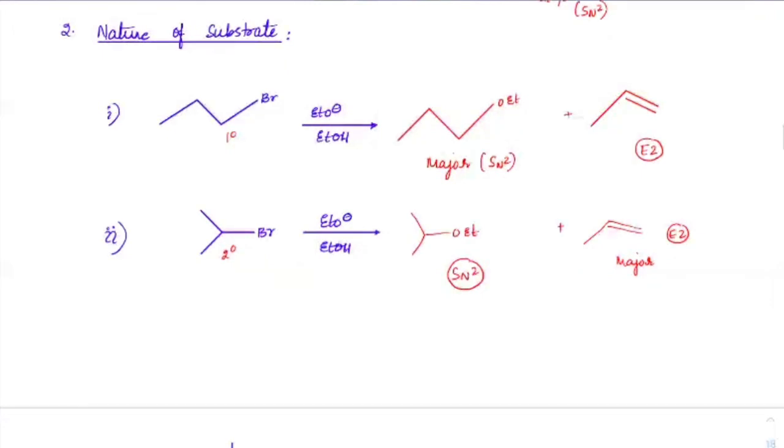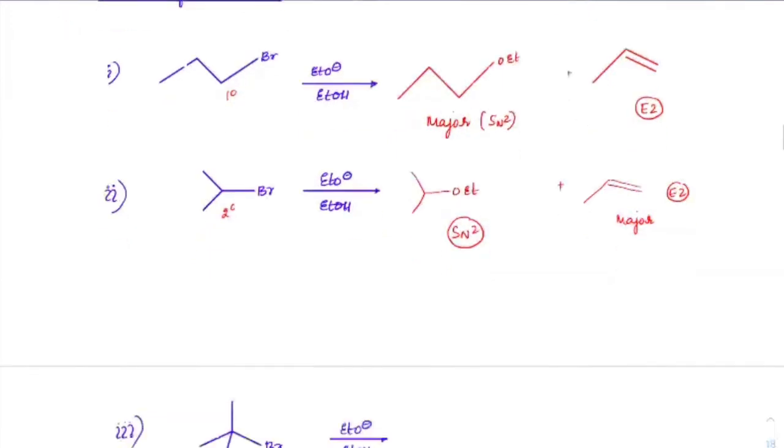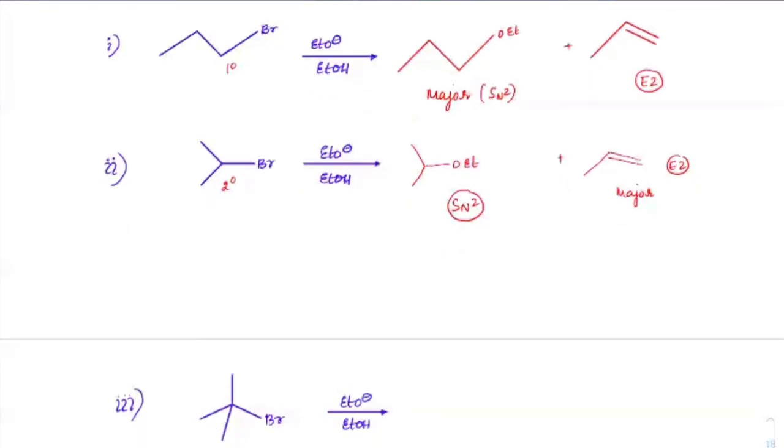So from second degree onwards, if you take strong bases, it will always favor the E2 mechanism, and that gives the major product. Note that. And by the time you reach tertiary, you'll hardly have any substitution. So the product which you'll favor here